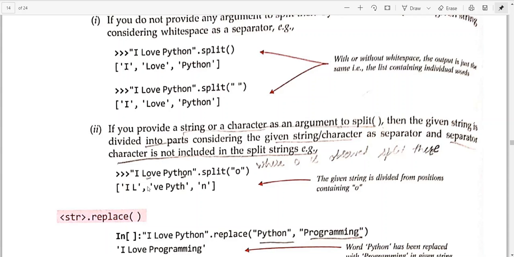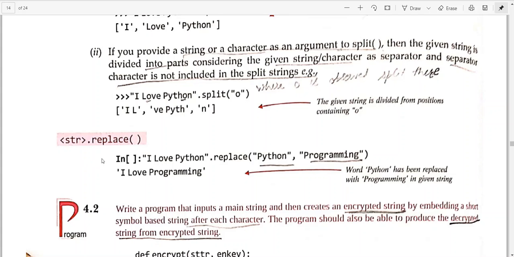Okay, we'll be using this feature in encryption and decryption also. We'll be using this join function and split function to encrypt and decrypt. I'll let you know, there is a program that is quite interesting. So firstly understand this concept, then we'll be able to understand that part also. So at O, it will be split here, then VE, Python, everything will come up to H. Here again it will make a new part, and that will be N. Okay, I hope it is clear to you. So it will split on the basis of this particular character that you have given as a string inside this split function. Okay, next function is your replace function.